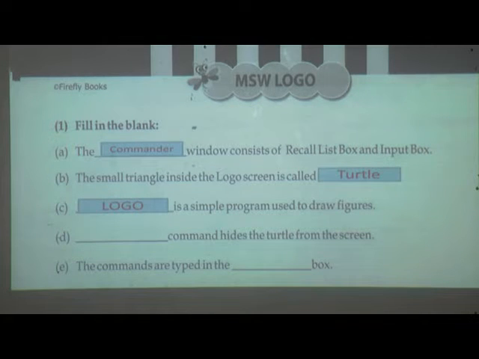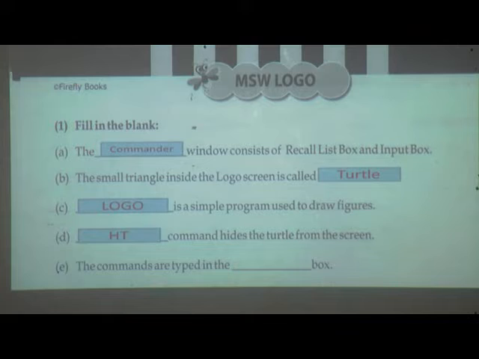Next one, number four. Dash command hides the turtle from the screen. If you want to hide the turtle from the screen, then which command is useful? Yes, HT command. HT, hide turtle. HT command hides the turtle from the screen. Inside the question there is the answer only.